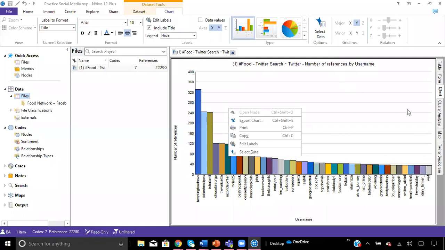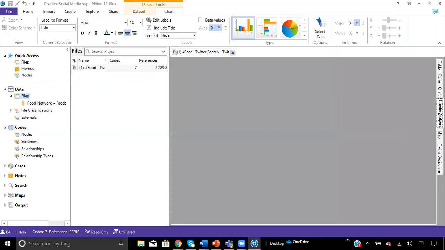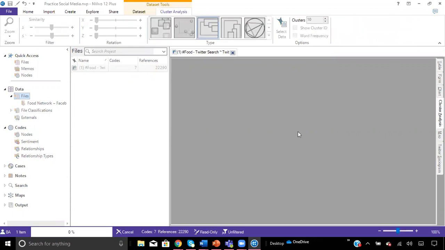And so the next tab is the cluster analysis feature. And if you hit that, it'll show you groupings of the selected variable by word similarity. This may also take a little bit of time to pull up, but it will give you the same options where you can right click the chart and get a select data option.